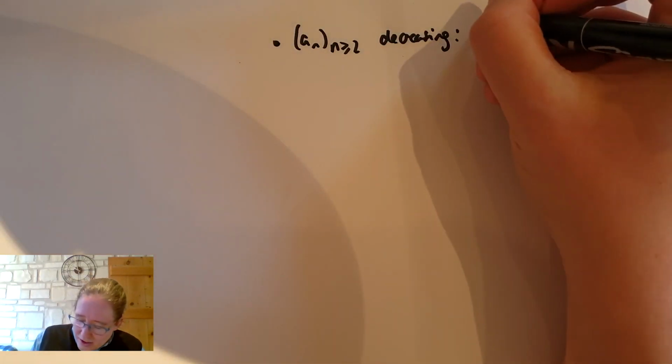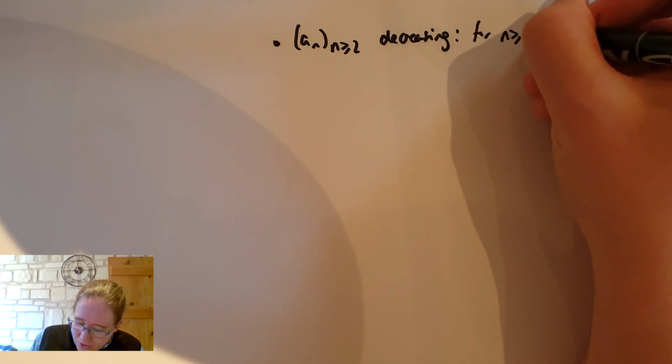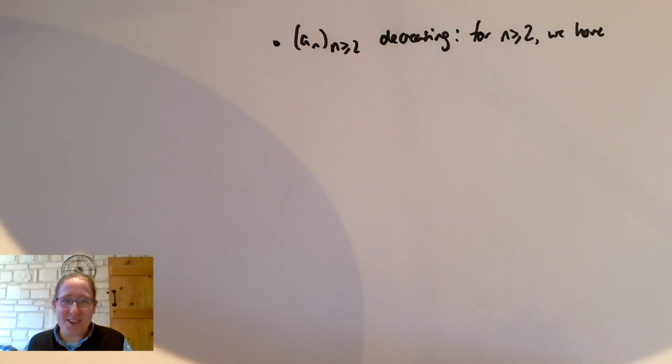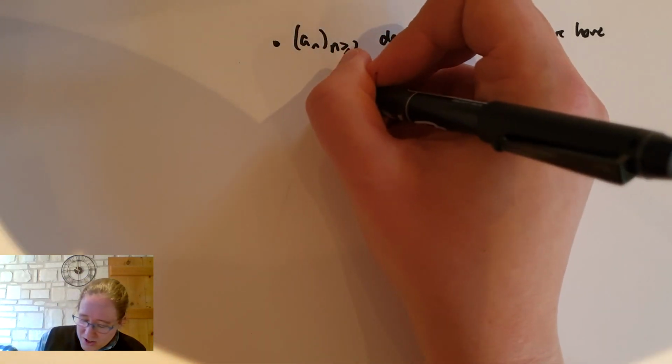So for n greater than or equal to 2, roughly speaking, I have two strategies here. I could think about the difference, a_{n+1} minus a_n, or I could think about the ratio a_{n+1} divided by a_n, and try to think about whether these things are greater than or equal to 0 or greater than or equal to 1, depending. How do I decide which to do? Well, I just look at how the sequence is defined. Sometimes it's really natural to divide because the sequence is defined multiplicatively. Here, I think it's more natural to think about the difference.